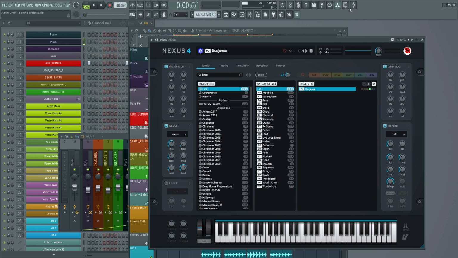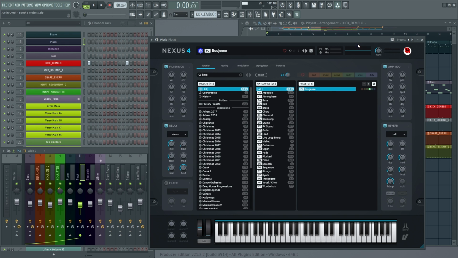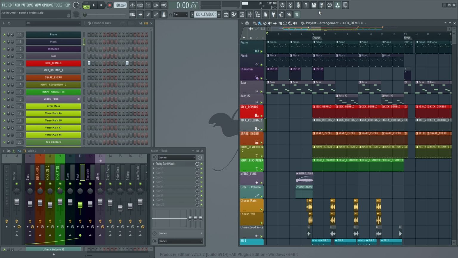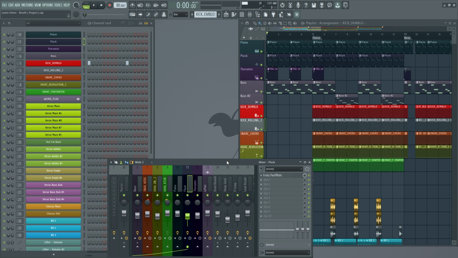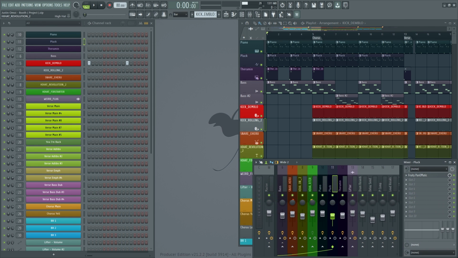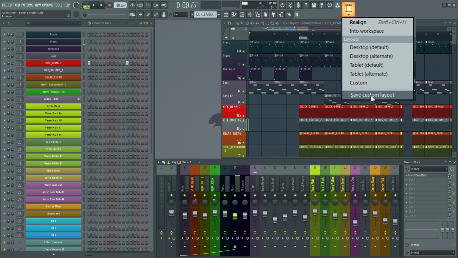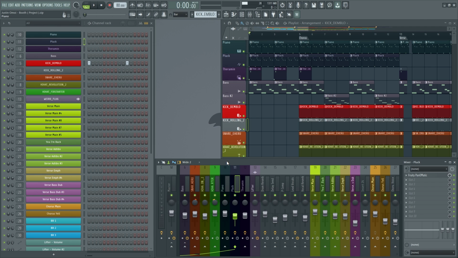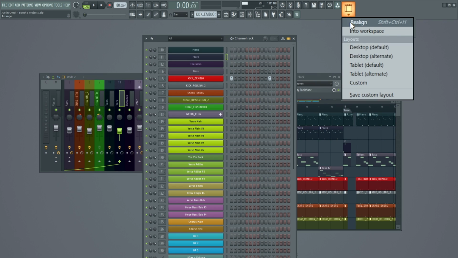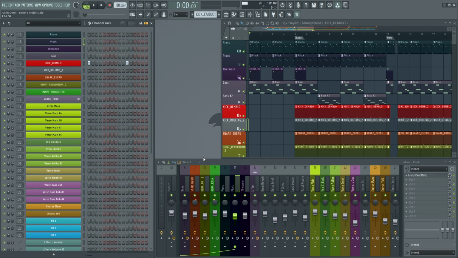Anyways, back to this arrangement. We could click it and create our own layout where we're like, hey, I want these to be moved back where they were. So find a spot in your project that you like to have each of these things. And then once you're comfortable with it, just go ahead and left click here, arrange, go to save custom layout. And just like that, if I were to move something around, go here, go to layouts, the custom one. You can see it move back into place.